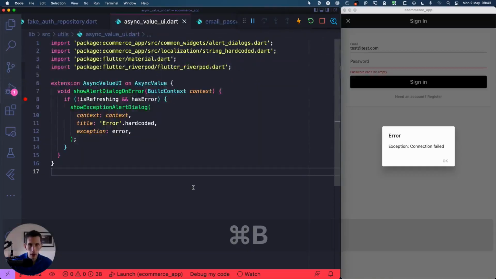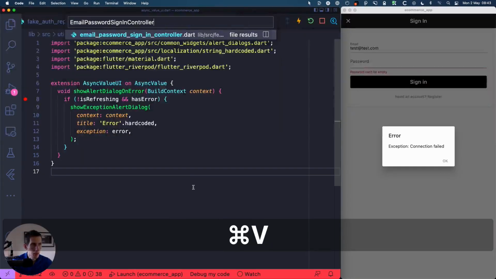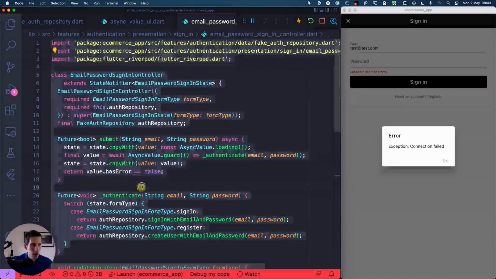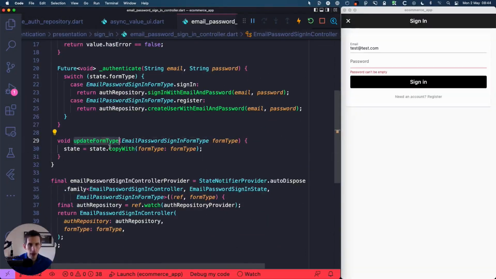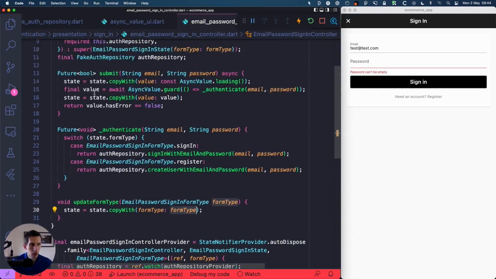And to understand why this happens, we need to open our email and password sign-in controller class, and then we need to focus on the update form type method. And what this method does is to update the form type. But what it doesn't do is to modify the value. And in fact, this is only set inside the submit method, and it will be set to async value.error if